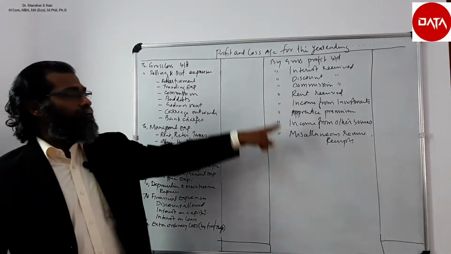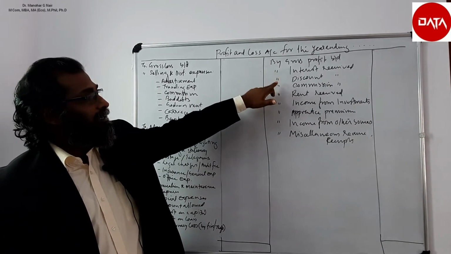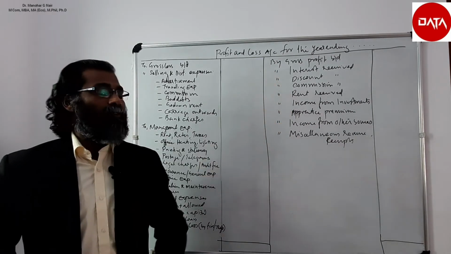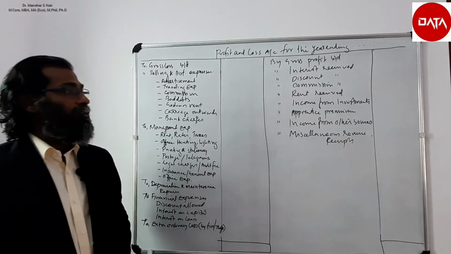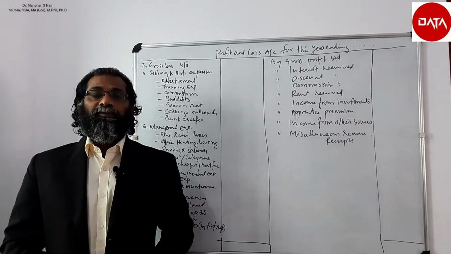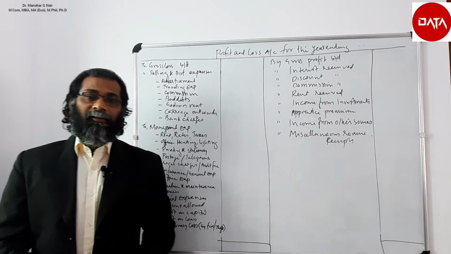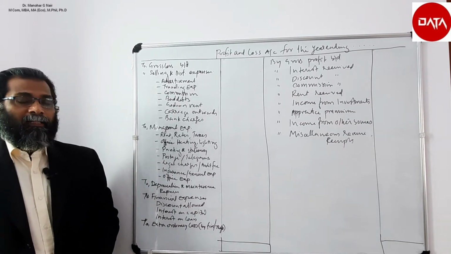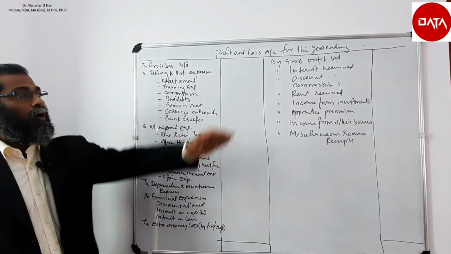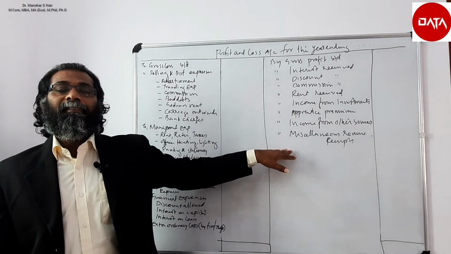Similarly, on the credit side of the profit and loss account, we will be writing interest received, discount received, commission received, rent received, income from investment, apprentice premium received, or any other source of income, or any other miscellaneous receipts received by the business organization. So here, the businessman wants to know the profitability of the business. So all the receipts and all the incomes, indirect incomes, will be written on the credit side of the profit